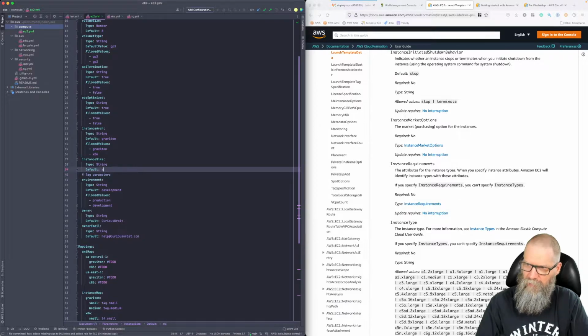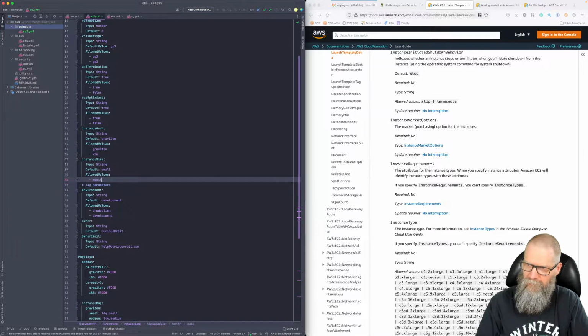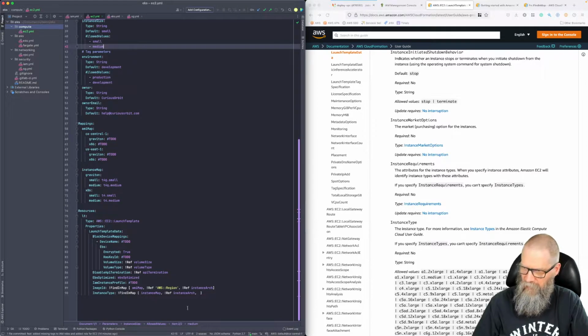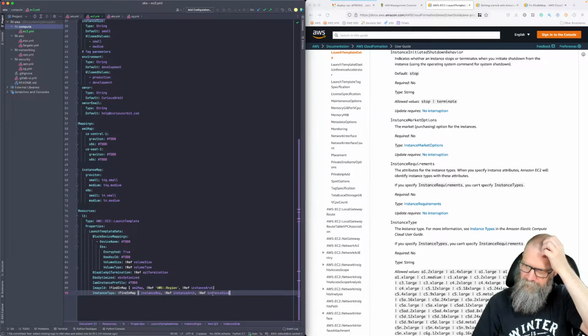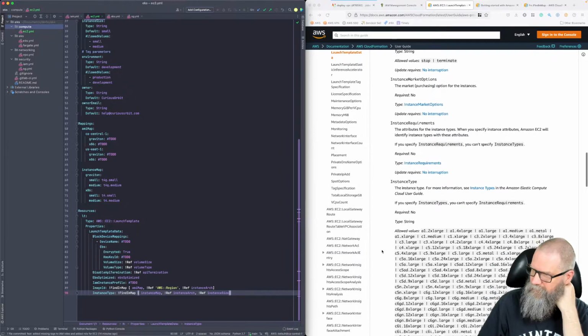Default is small. Allowed values small and medium, because now I can do this ref instance size. Okay, I don't even know if this is going to work the way that I envision it working, but let's try it. So that's instance type,